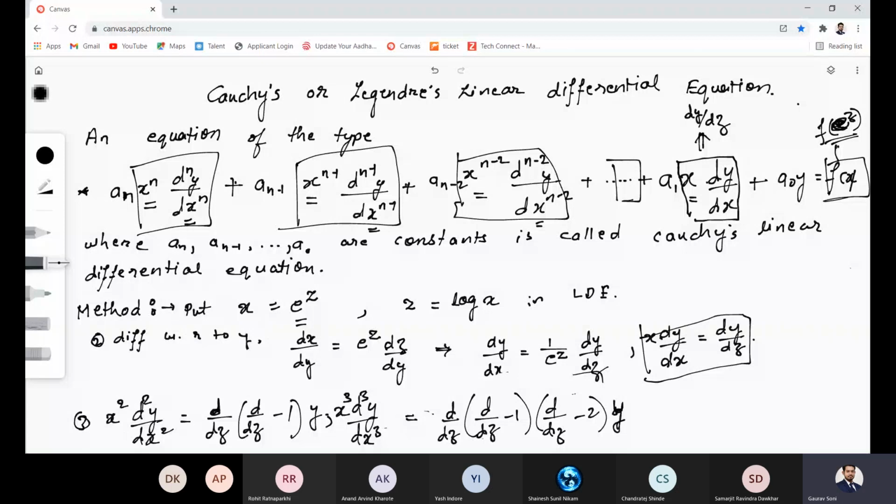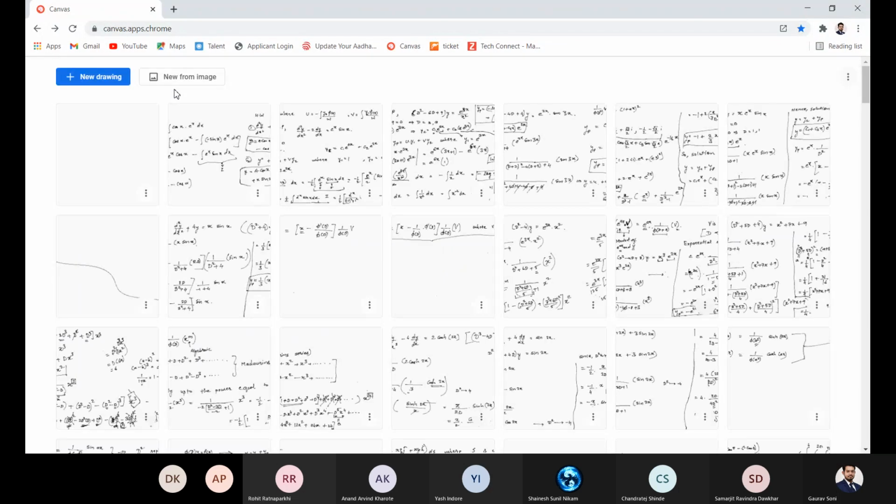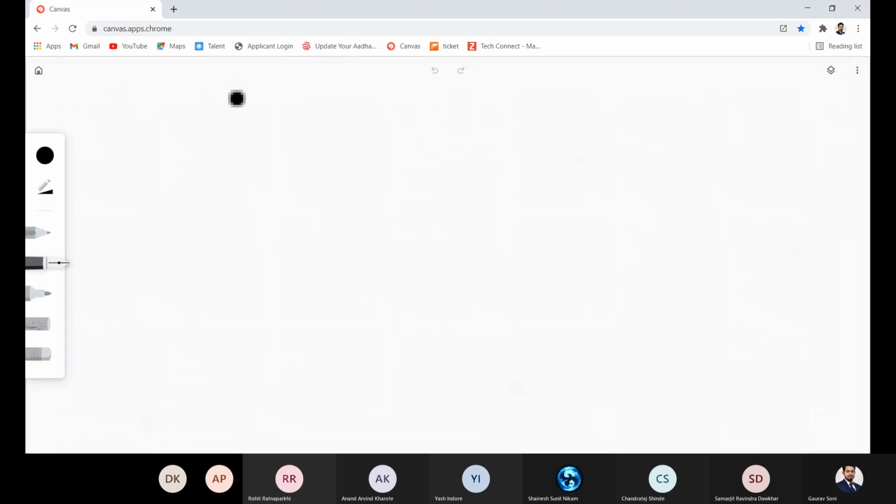I'll just write down the fourth point, so you will clearly understand what we will be doing. So the fourth point is, after substituting